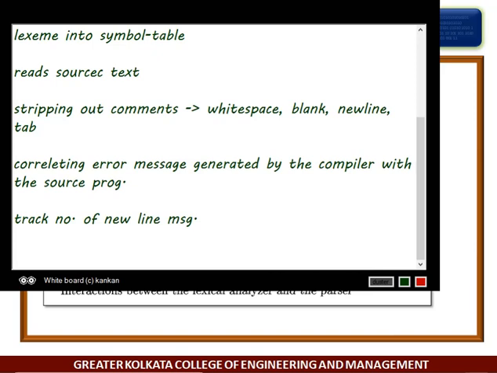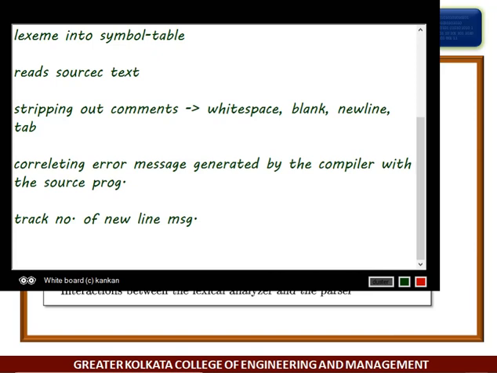If the source program uses a macro preprocessor, then the expansion of macros may also be performed by the lexical analyzer. That means it will be redirected to another source.